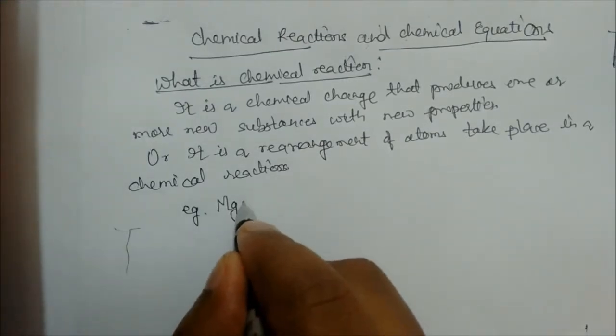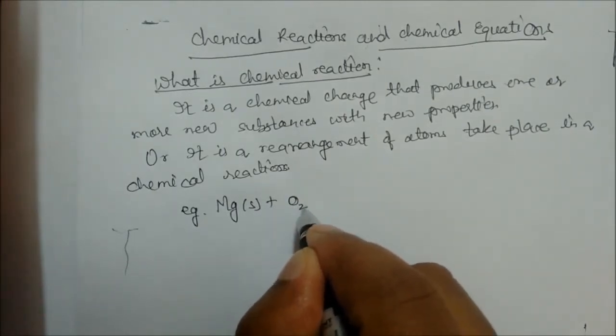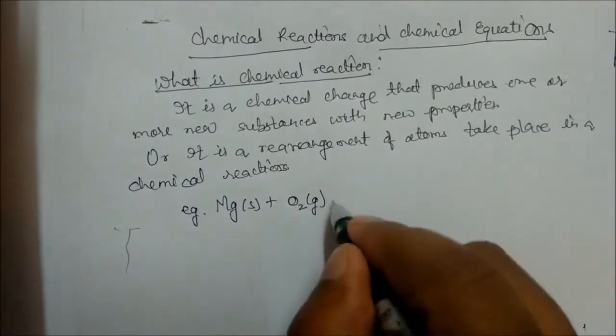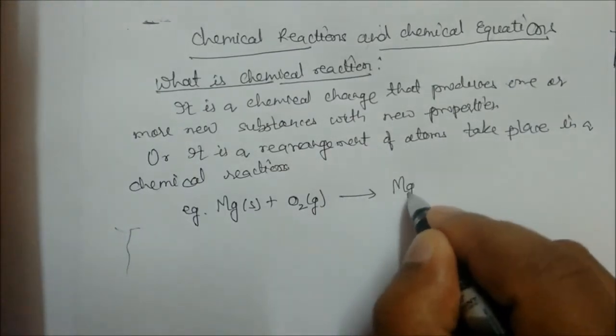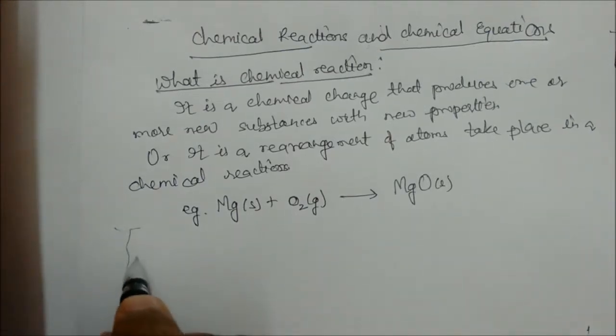Magnesium, it is in solid state. When it reacts with air, which mostly contains oxygen, it will give you magnesium oxide. Now here we take magnesium in ribbon form, and the surface of the magnesium ribbon consists of a magnesium oxide layer, so air cannot directly react with the magnesium. First we should remove the magnesium oxide layer by rubbing with sandpaper, then we can react magnesium with air.